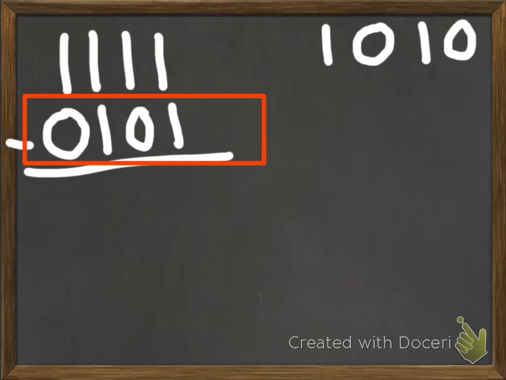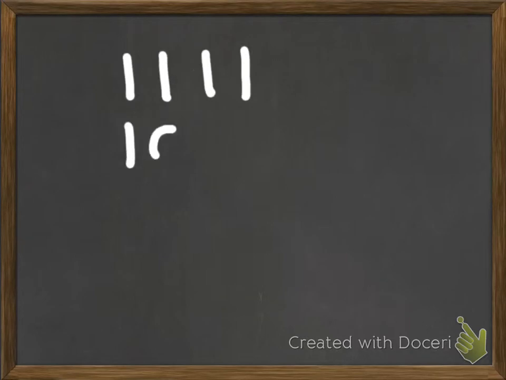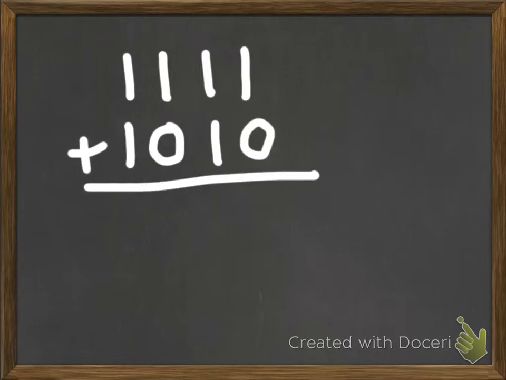Okay. Now let's just keep this in mind, this ones complement number, and I'll just write it over on another slide so it's easier to see. So we had 1, 1, 1, 1, and 1, 0, 1, 0, and essentially you're going to add these together. So starting from the far right, we have 1 plus 0, 1,